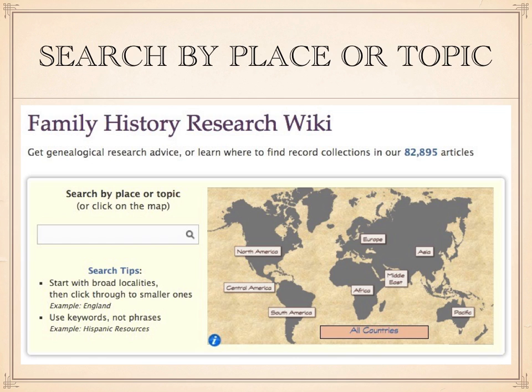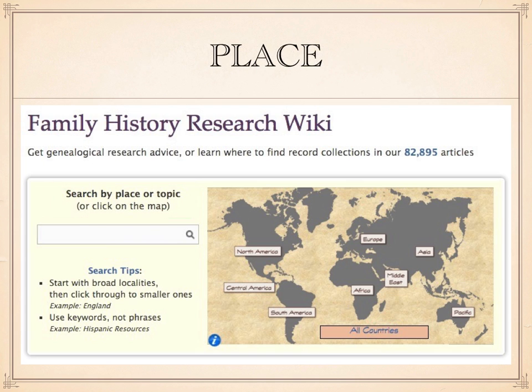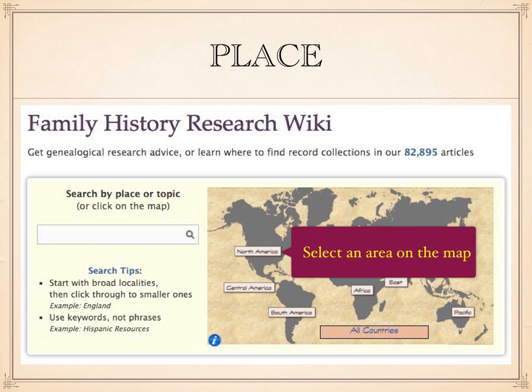So here you do not start searching by someone's name. You do not put in your surnames or things like that and expect to find records. What you do is you put in the area or the specific place where the person lived. I would suggest there's a strategy here for finding records. First of all, I think you can select either an area on the map, for example, North America, and I suggest starting at a higher level of records. Or you can simply type in a place like Utah to do a search.